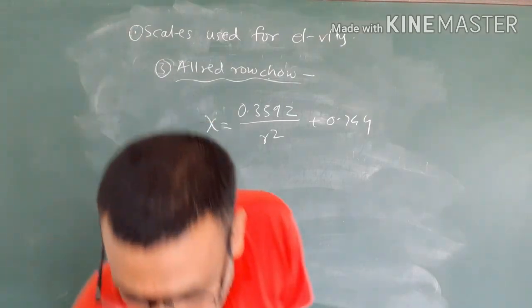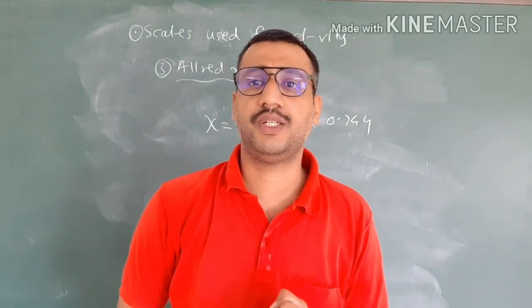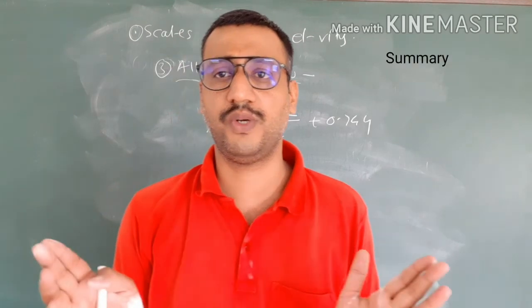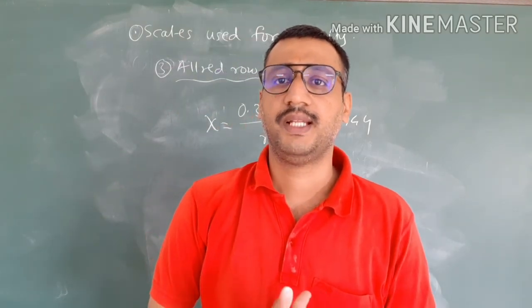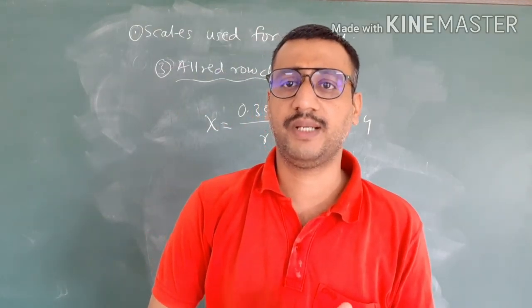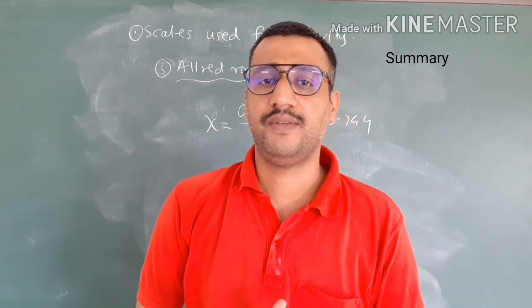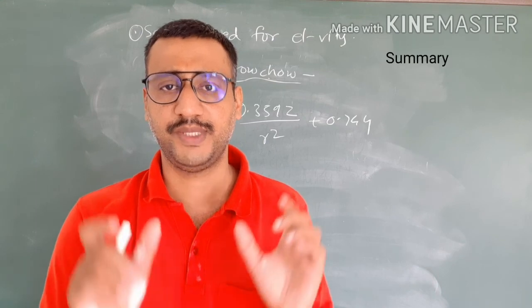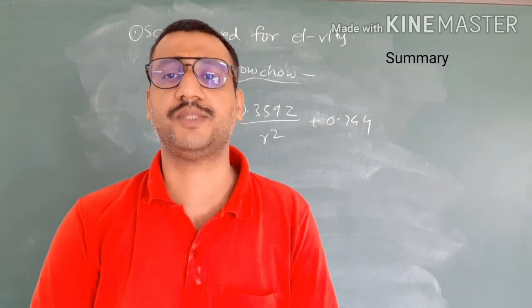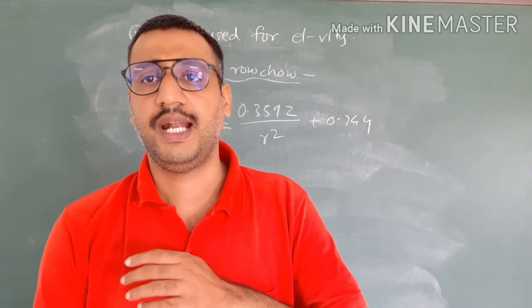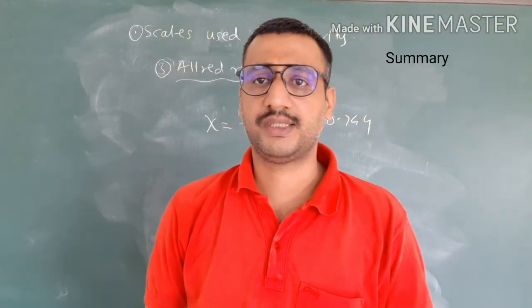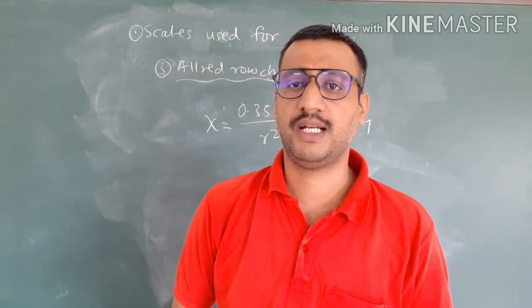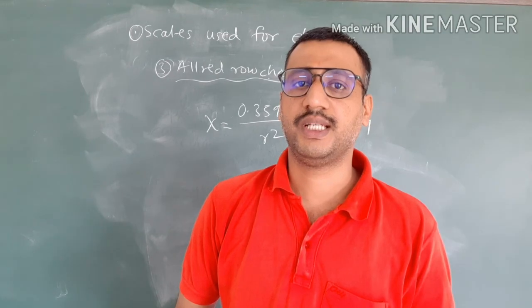Okay students, so first of all I explained the definition of electronegativity, and the difference between electronegativity and electron affinity. Then we saw the factors affecting electronegativity. Then we discussed the trend from top to bottom and left to right, and some specific elements and their electronegativity values as per the Pauling scale I gave. And lastly, we saw 3 different scales: the Pauling scale, the Allred-Rochow scale, and the Mulliken scale.